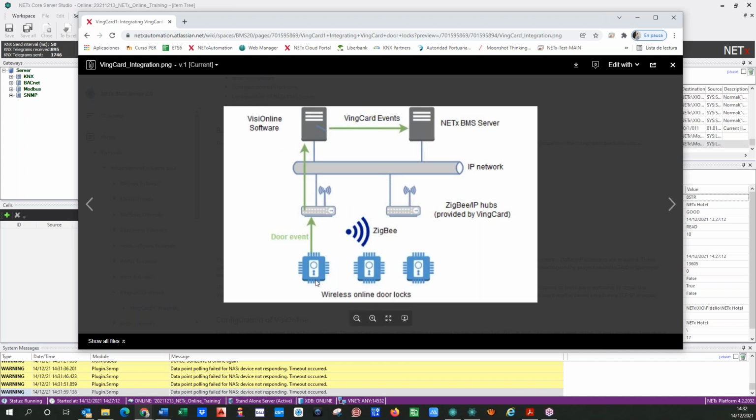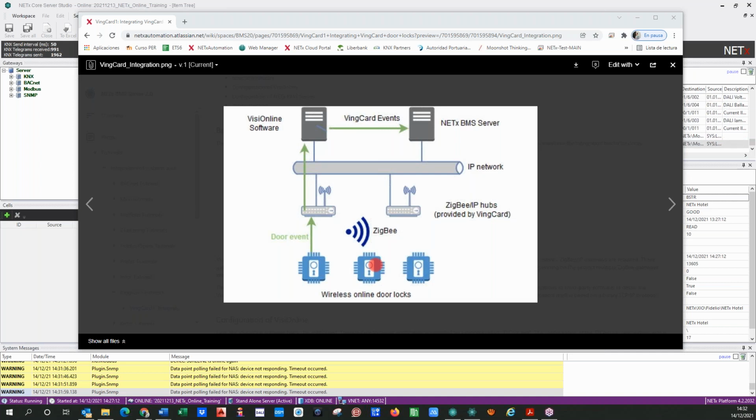Imagine that we have door locks, and this is very important for you to understand. We have door locks, and we want to interact with the information of the door locks, with the events that the door lock system is informing about. I want to interact with the room, to know if somebody is entering. I want to know if it's the guest, or the cleaning responsible, or the maintenance responsible. So I want to know which profile is entering the room,